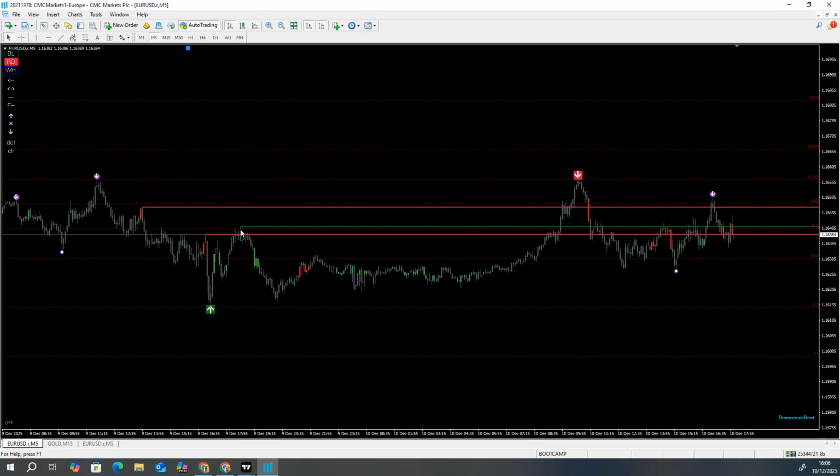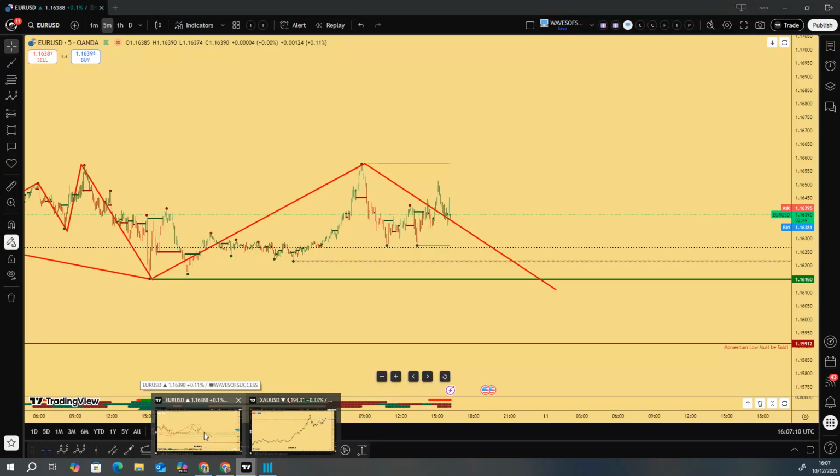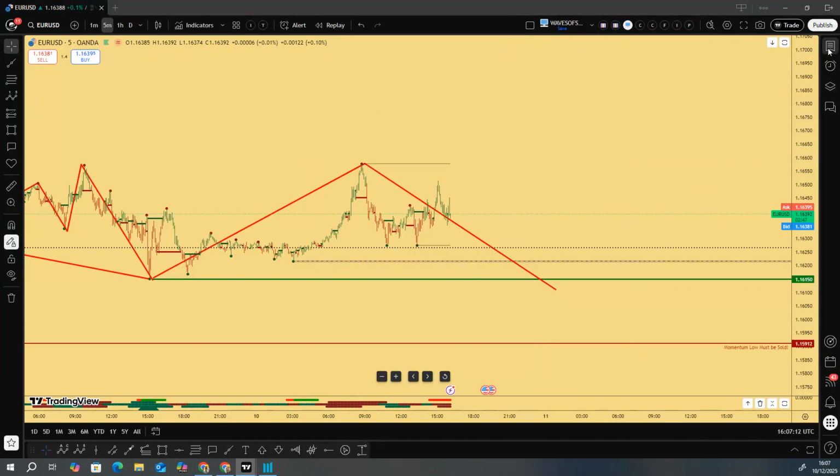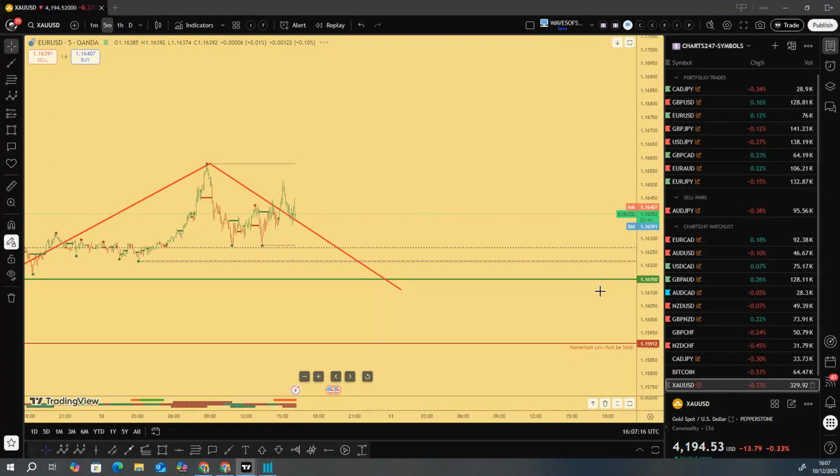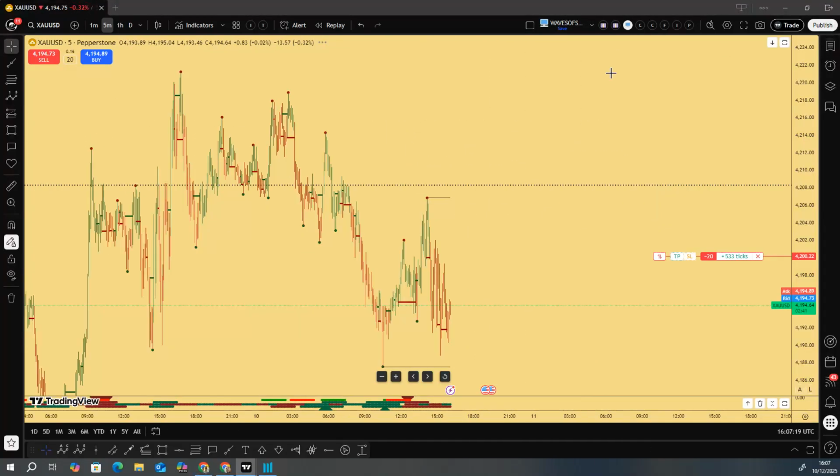We will keep an eye on this area that I pointed out on the chart here. Not this one. This is not significant. This one is significant. I think that should be good enough for us in terms of the picture in the euro and the gold today and tomorrow,